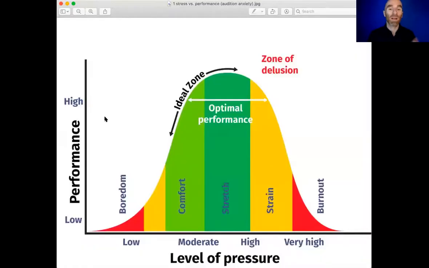If you go back to a previous lesson that was all about confidence and ease, and this pressure or stress performance curve, the idea is that stress is not bad. Stress kicks your body into this adrenaline or norepinephrine response. And some of it is necessary. It narrows your focus, gives you more energy, gets your body ready to do things.